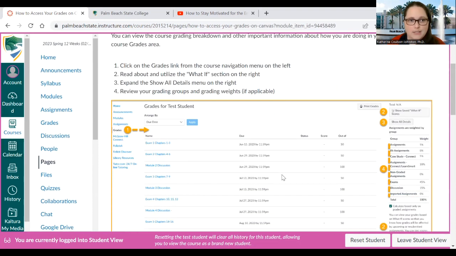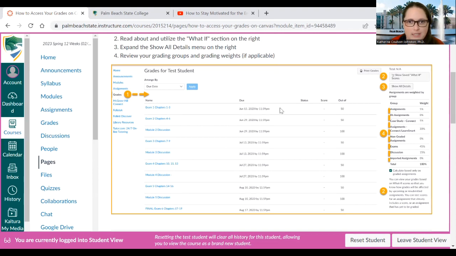It shows you how to access your grades. I'm not going to click on that because I'm in student view. As the faculty member, it's basically showing me what you see. If I click on grades, it's not going to show me anything because I'm not a student. I don't have any grades, and I'm not going to show student grades. So this is why these screenshots are helpful.